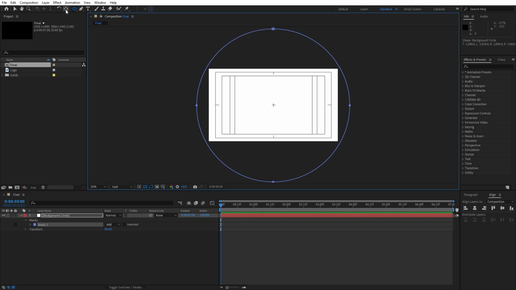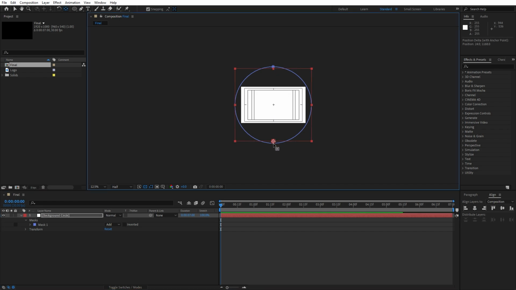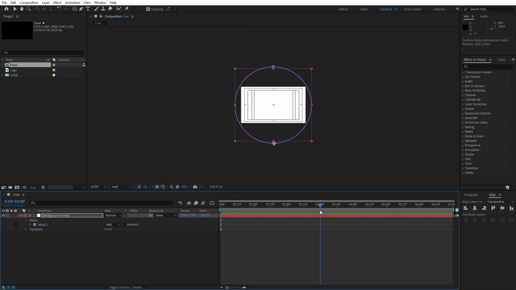Okay, now select this option, pan behind, or hit Y on your keyboard, and let's also select this background circle and move the anchor point to maybe somewhere around here. Okay, as you can see my snapping option is turned on, and now go here to around 3 seconds,